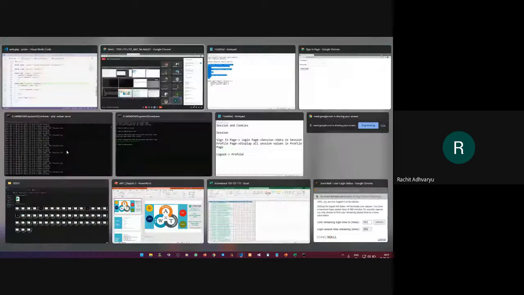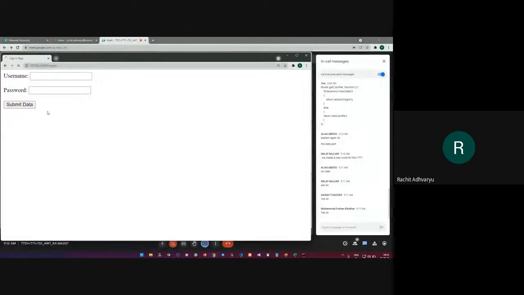Okay, then let's see the output now. So I'll now refresh this page, the sign in page. I'll write Rakit and some password and submit data. I'm back to my profile page. So I got it. Now if I click on this logout, I'm back at my sign in. Now if I click back, it is still going on to the